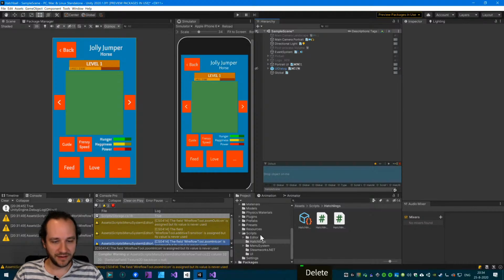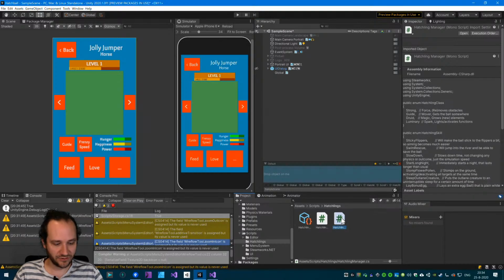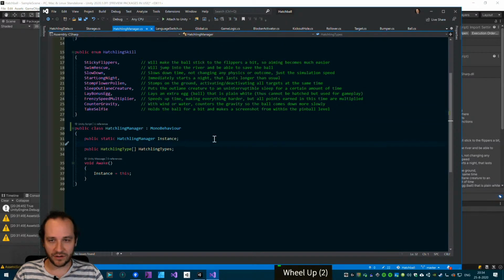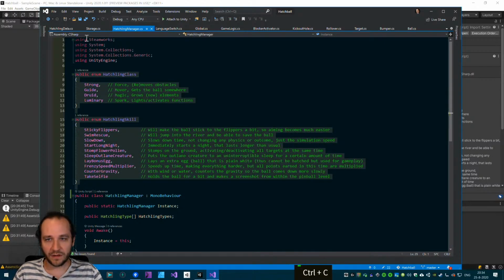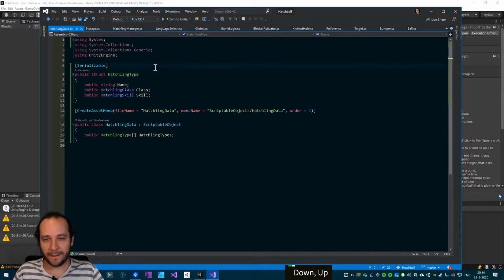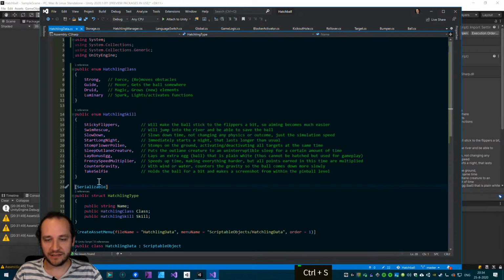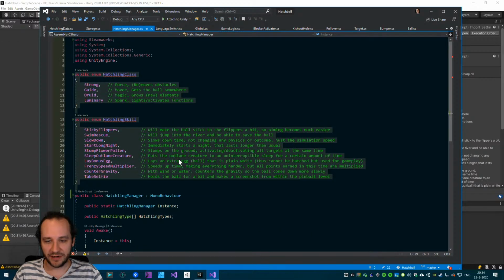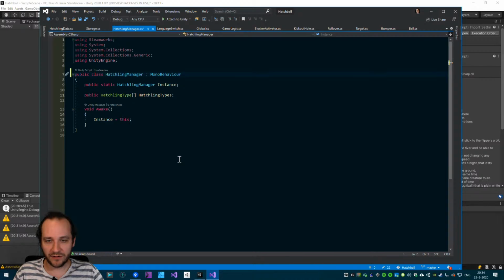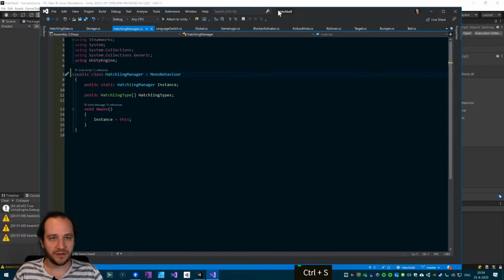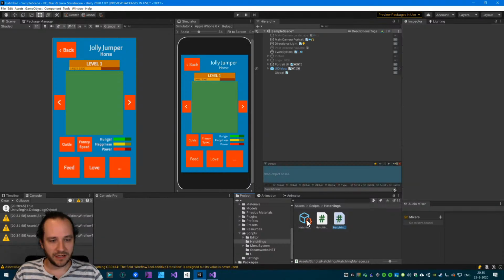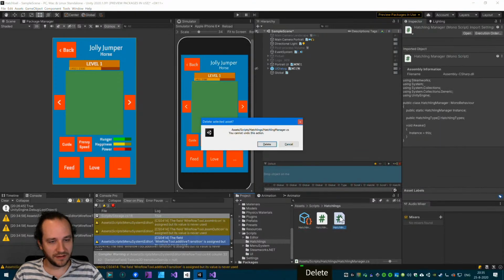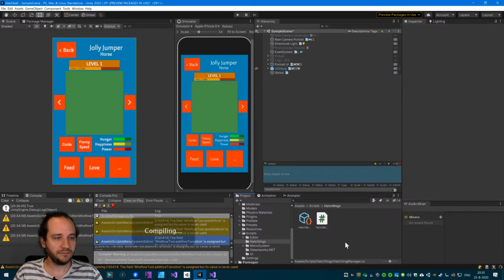I'll delete it and actually delete Hatchling Manager as a script. Does that work? No, it does not. This goes with hatchling data. Hatchling data. There. Hatchling class, hatchling skill, hatchling type. Hatchling Manager doesn't need that anymore. And now there's nothing left. No, okay, cool. So I will actually just kill that script, delete it. If this still works, yes, it does still work, and this can go delete. Okay, so